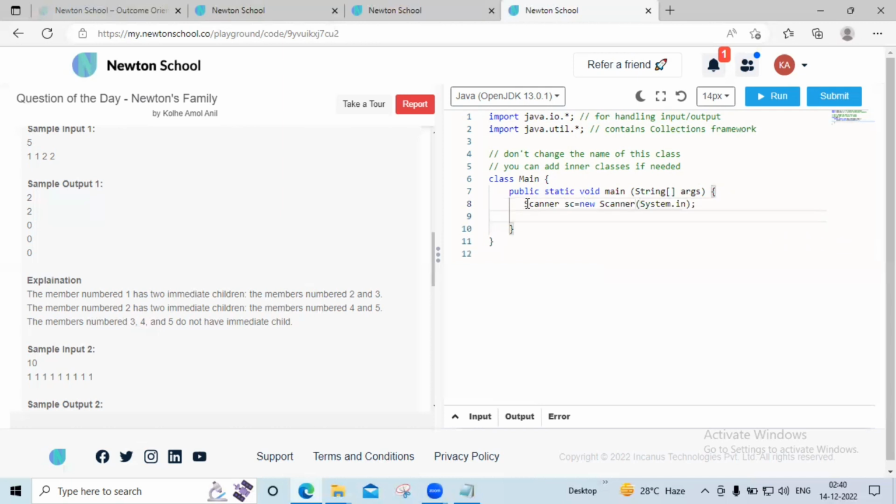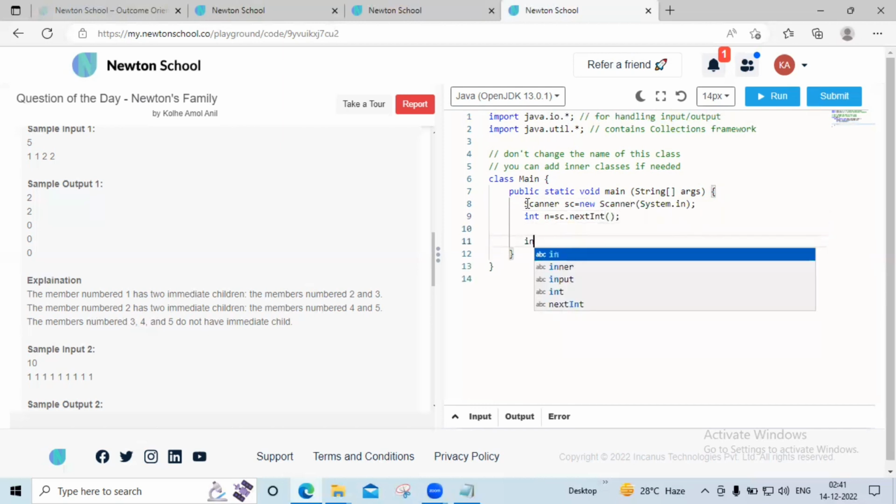ओके, देन एक नंबर हम इनपुट लेंगे, लेट सपोज इंटीजर n इक्वल्स टू sc.nextInt। ओके, एक नंबर इनपुट ले लिया, अभी हम क्या करेंगे, एक एरे को डिक्लेयर करेंगे, लेट सपोज इंटीजर एरे डिक्लेयर किया, और new int, एंड यहाँ पे उसकी साइज पास कर देंगे एरे की।